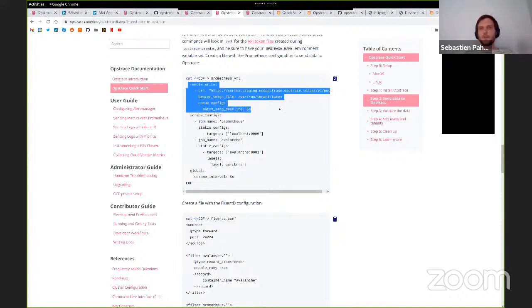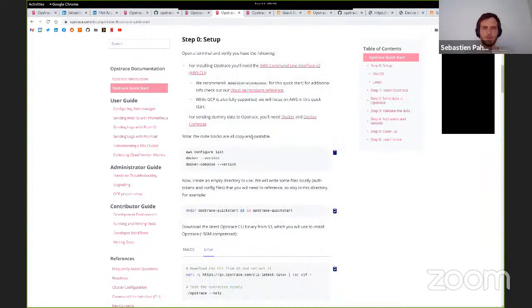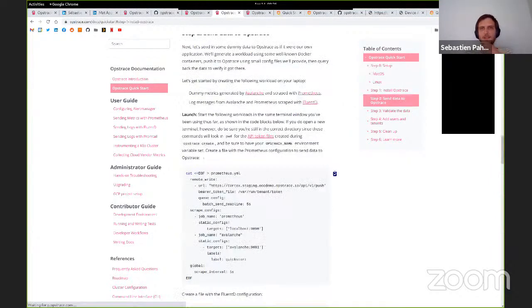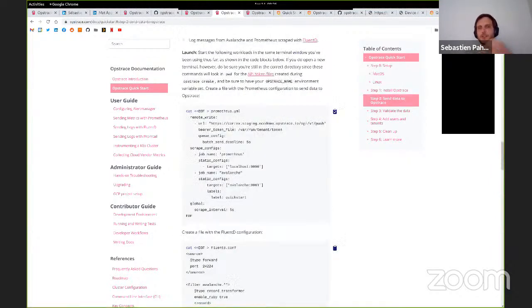So we put in the URL cortex.staging. We're using the staging tenant. We're sending it to Cortex, and we're sending it to the Opstrace cluster. In my case, we're going to use the one that I created, so it's ECC demo. The cluster is eccdemo.opstrace.io, and this is a normal Prometheus remote write push for those that are familiar with this. And it is authenticated with a token.